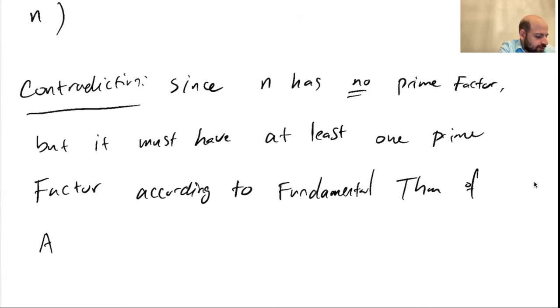The fundamental theorem of arithmetic said that every number must have at least one prime factor. It's either a prime itself or it's factorizable into primes. And in any case, it will have at least one prime factor. Okay. So there are infinitely many primes, but